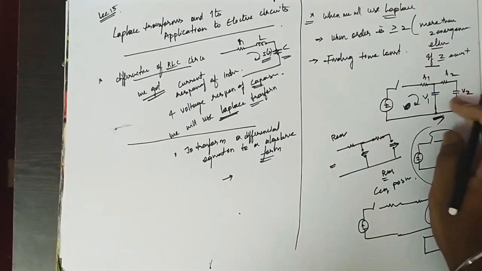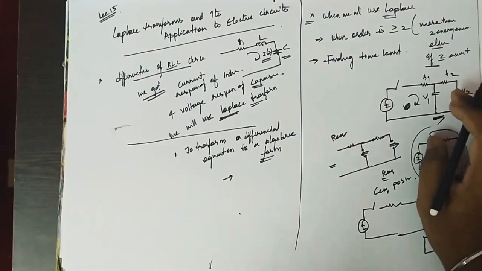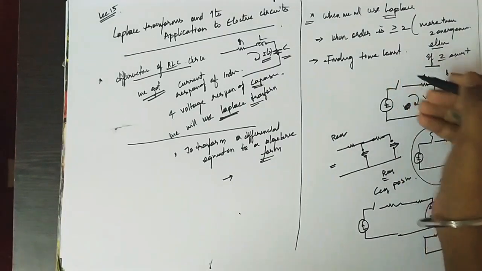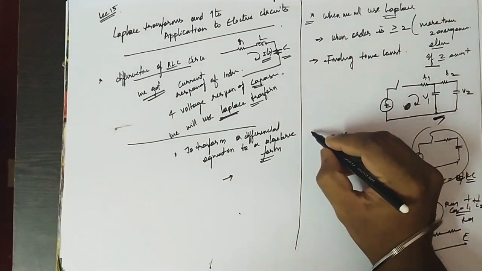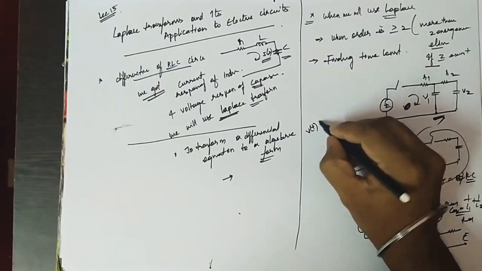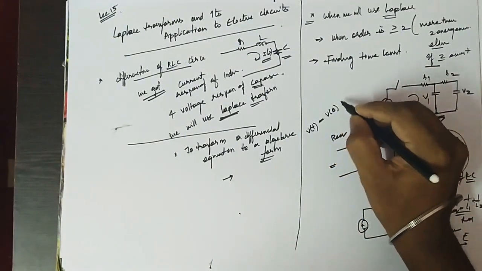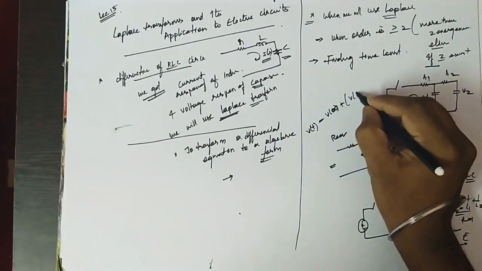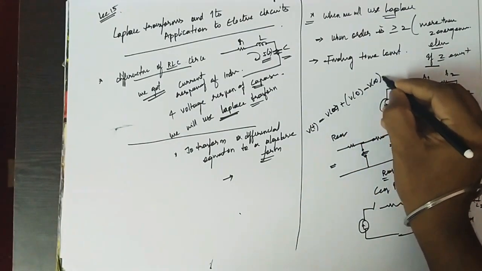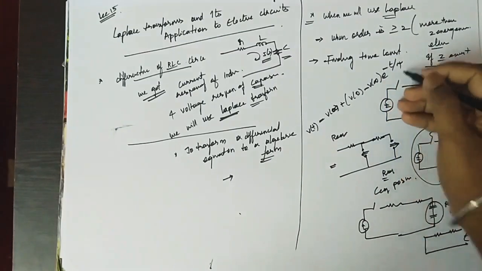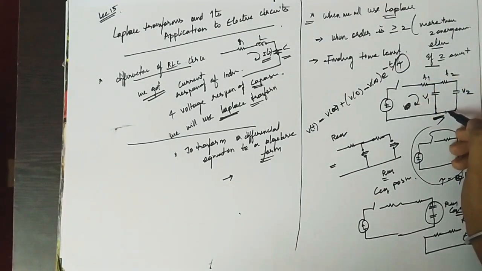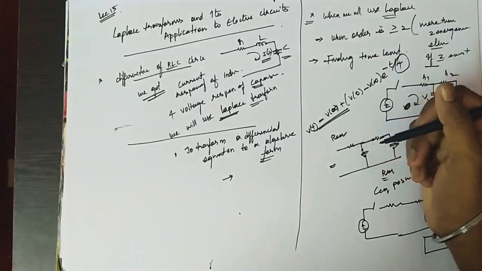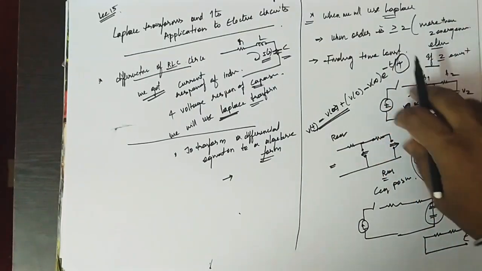So there we use Laplace transforms. If you cannot find the time constant, you cannot get the equation. Generally, the standard equation is V of infinity plus V of 0 minus V of infinity times e power minus t by tau. So for any circuit, there will be a time constant here. If you cannot find this time constant, how can you find that equation? There will be a problem. So for that reason, we use Laplace here.